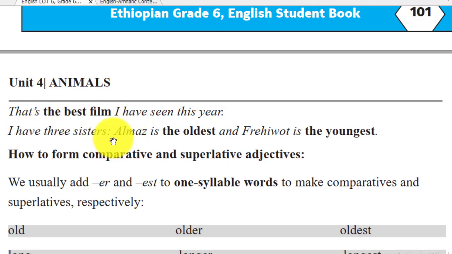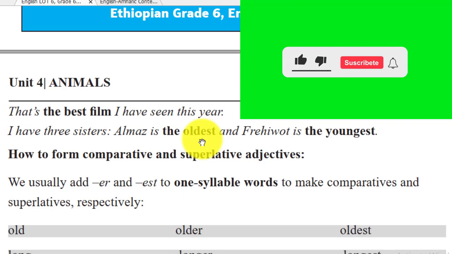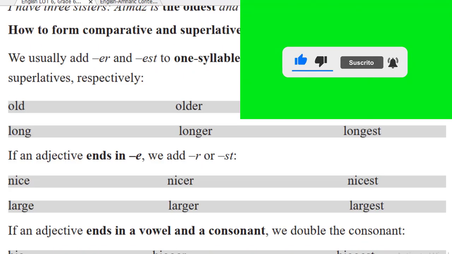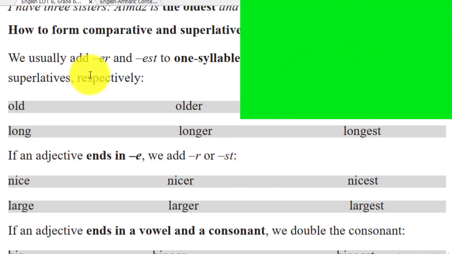That is, I have three sisters አሉኝ አለ ሶስቱን እህቶቹ ሊያነጻጽር ነው። አልማዝ is the oldest and ፍሬህይወት is the youngest ይላል። The oldest በእድሜዋ, ፍሬህይወት ደግሞ the youngest እንዲሁ በጣም ትንሿ, እቺኛይቱ በጣም ትልቋ ከሶስቱ ብለን እንወስዳለን ማለት ነው። How to form comparative and superlative adjectives እንዴት ነው ፎርም የምናደርገው ቅርጻቸውን የምናስቀምጠው እንዴት ነው? We usually add